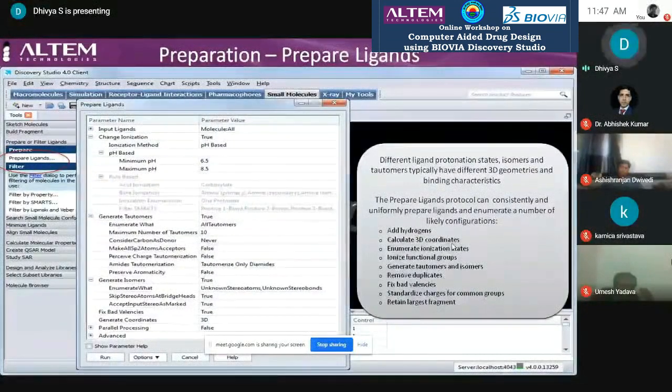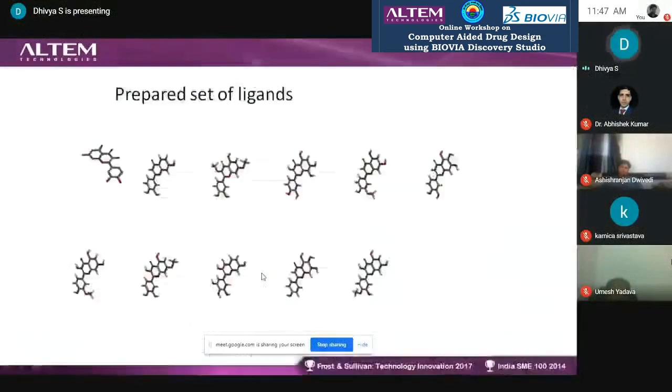So prepare ligands, input your compounds. You can go to Small Molecules, Tools, Prepare or Filter Ligands, Prepare Ligands, input your molecules, set all these parameters as default, then run the process. So this is how I end up from 47 to almost 8 molecules. If I have approximately 25,000 molecules, I end up with a few molecules. If I take only 100 molecules, then when I come to this step, I have 0 molecules in my hand. That's why we have to choose a large library of compounds.